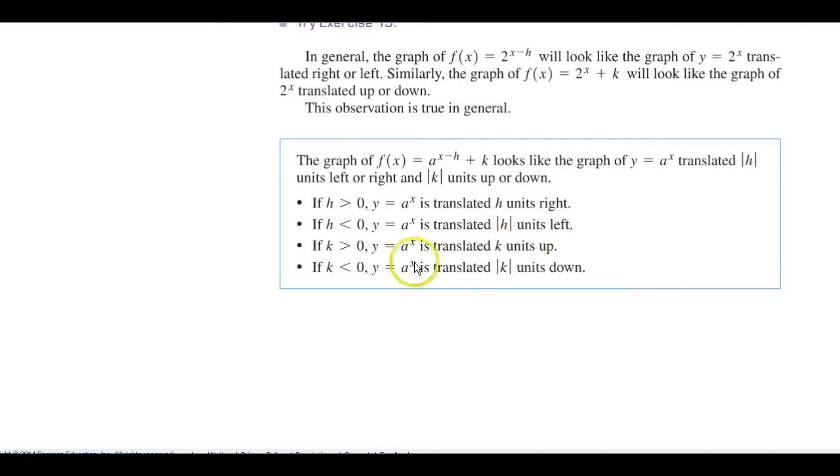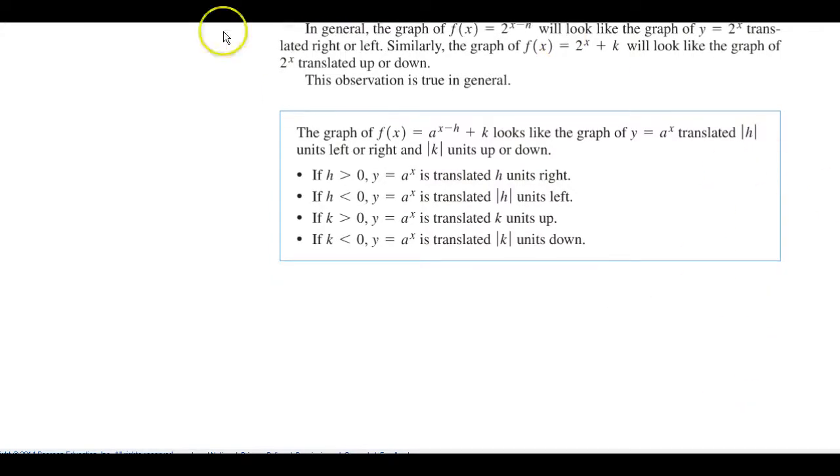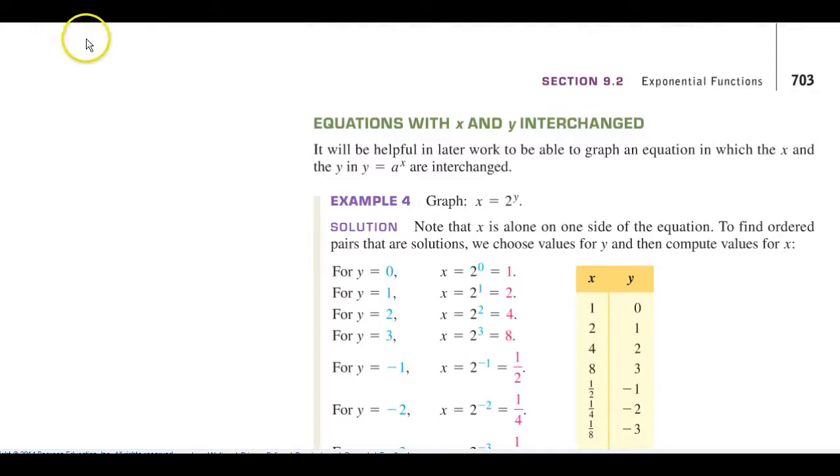Our constant would then shift it up or down a little bit. If this number base gets larger, remember our previous diagram, and I'm not going to try to describe it without looking at the diagram. Okay,